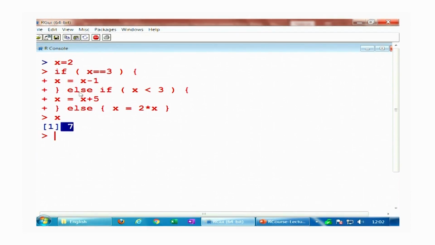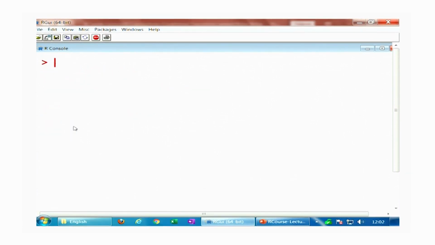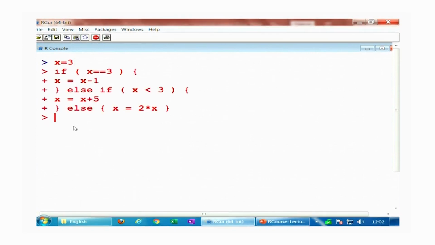Why? Because x is equal to 2, which is smaller than 3. So, the second condition is satisfied, and it becomes 2 plus 5. So, this is 7. And similarly, if you try to take x exactly equal to 3 and you try to execute the same